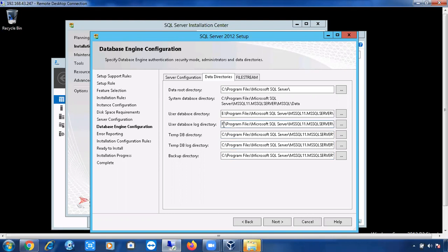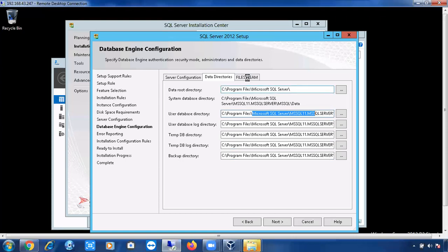I'll show you this setup in the cluster installation. Okay, in the cluster installation, I'll create 2 to 3 drives. In that 2 to 3 drives, I'll change the drive letters here. Okay, so no need to create any of these folders. Don't think like we have to create this. These are all the folders, right? So some people, what they will do, they will create all these folders manually. No need to create these folders manually. Okay, automatically SQL Server setup will create the folders, right?